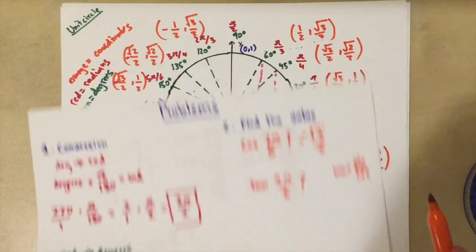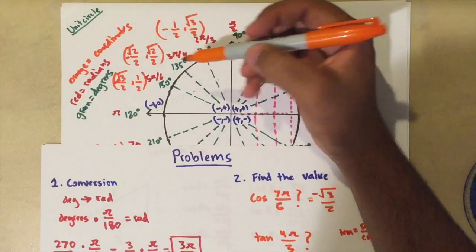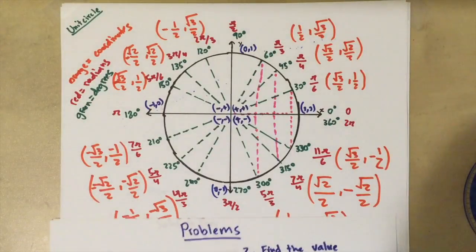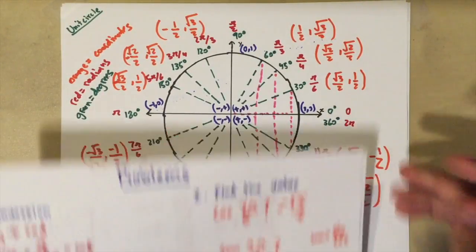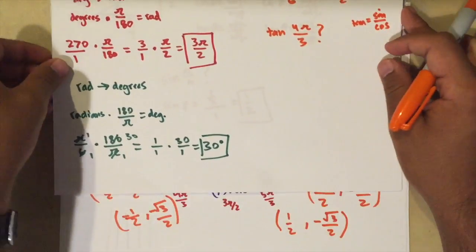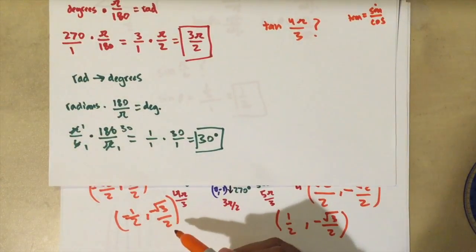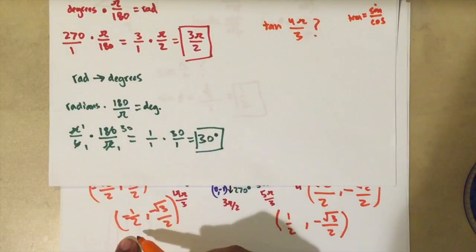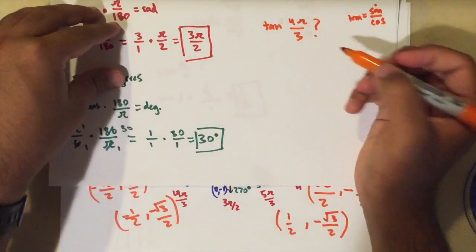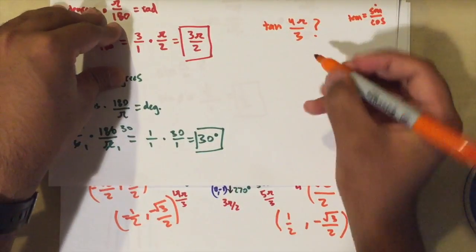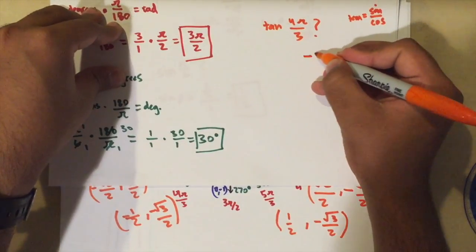So at 4 pi over 3, we try to find that. Where is that? 4 pi over 3, right here, down here. So we know that 4 pi over 3 are these values right here. The sine value is the y value, and the cosine is the x value. So if tangent equals sine over cosine, when we set that up, it should look something like,